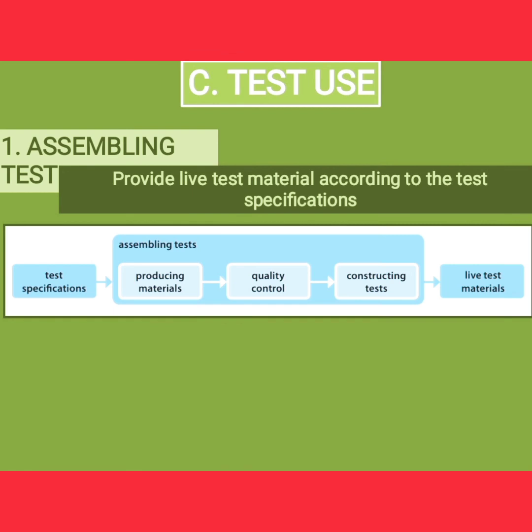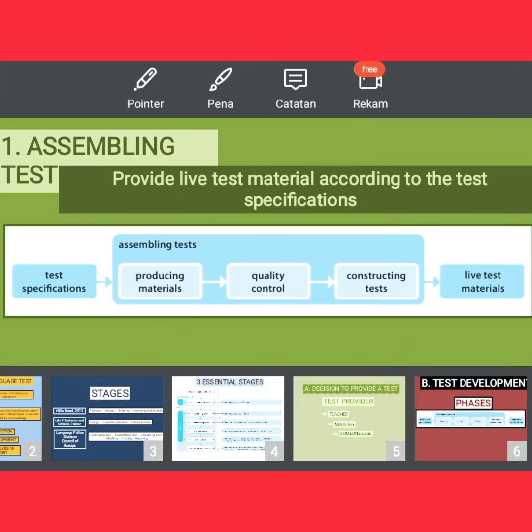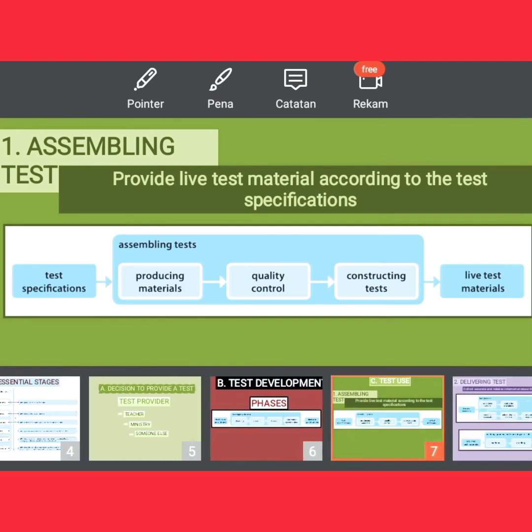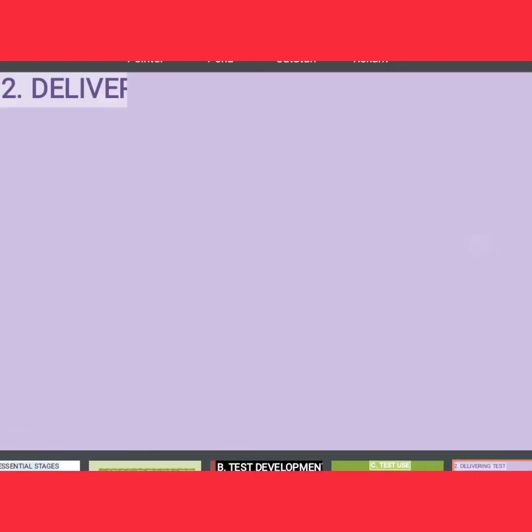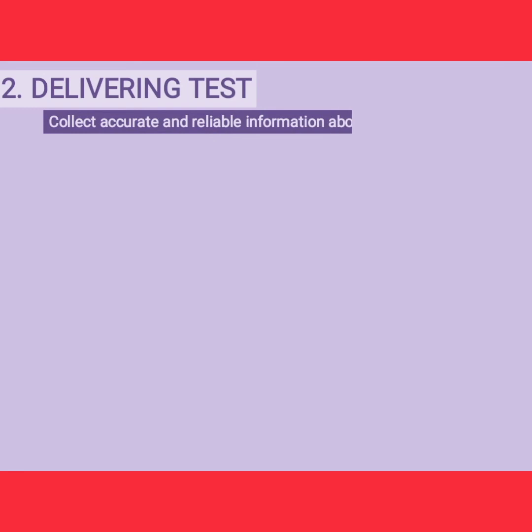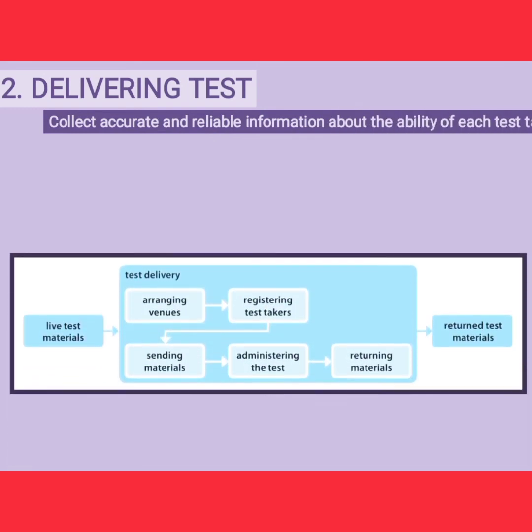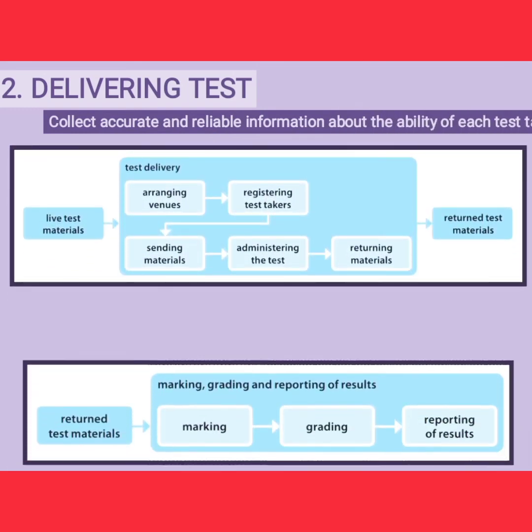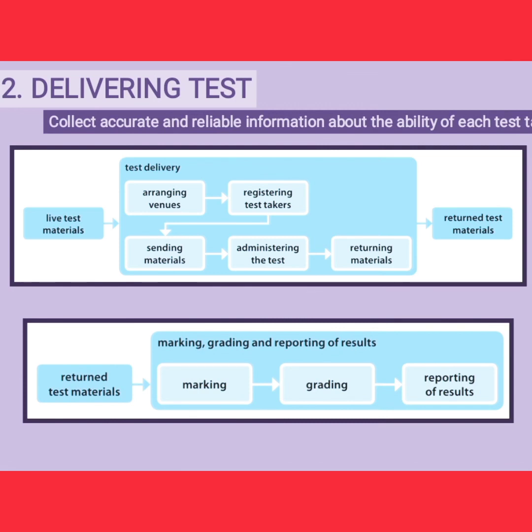The aim of this stage is to produce test forms to desired quality standard and according to the requirement of the test specification. And the next is delivering tasks. The aim of the delivering task process is to collect accurate and reliable information about the ability of each test taker. The task providers must ensure that